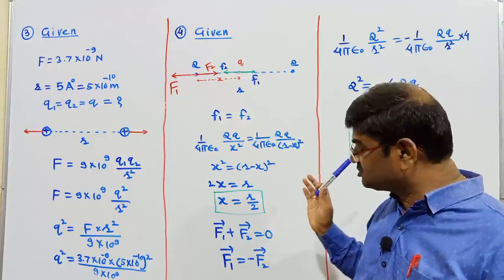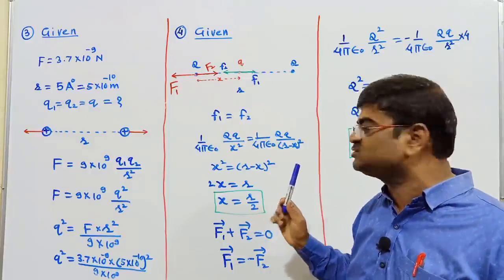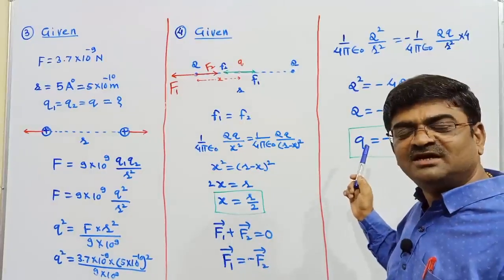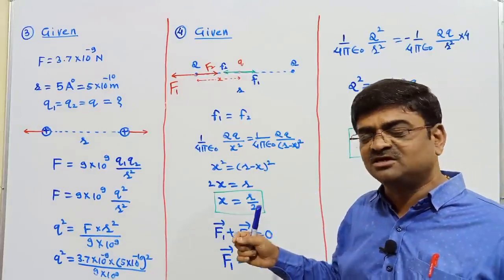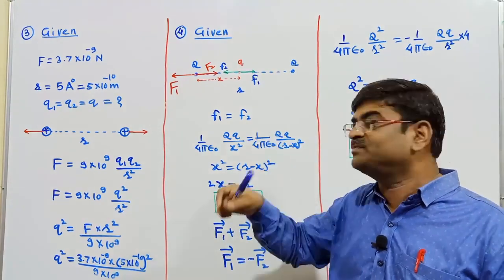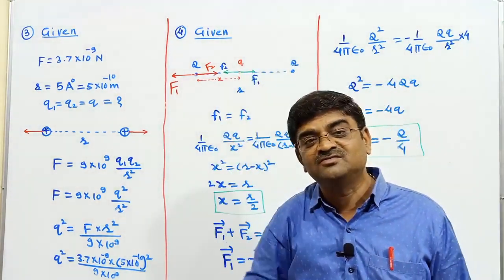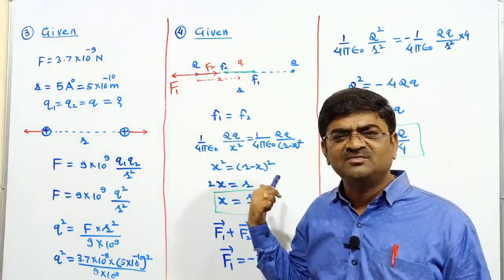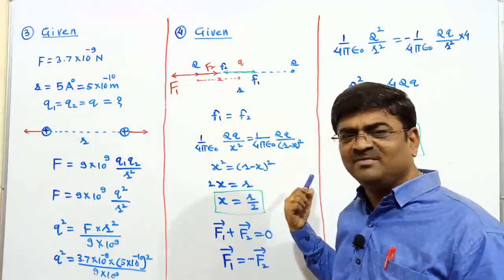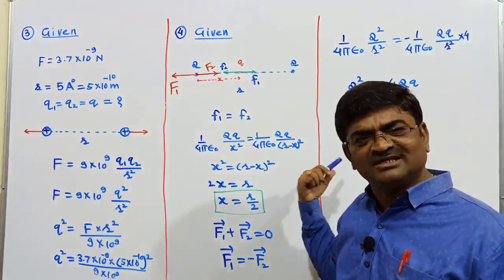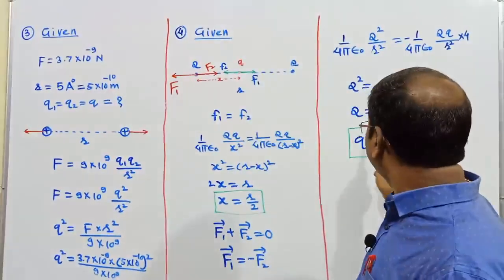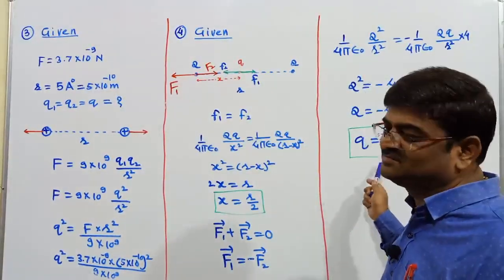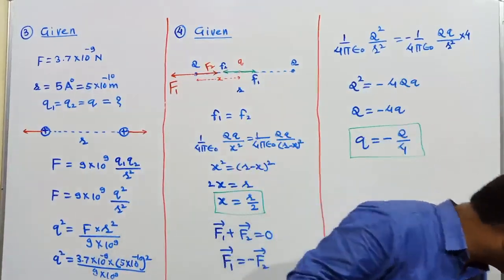Important. Most of the time in competitive examinations they ask only this much. What is that? Two charges of same magnitude and same nature separated so and so. What should be the magnitude of the third charge to be introduced? You need not work it out every time, you have to remember certain standard ones. This is like a standard one, where the third charge is introduced at the midpoint and the magnitude of that third charge is this much. So you can note it down, we will go ahead.